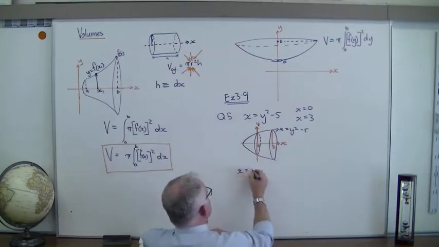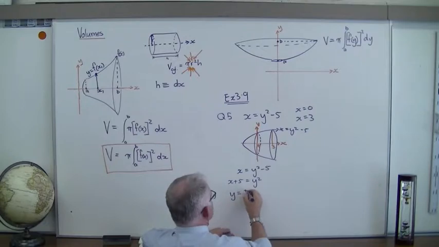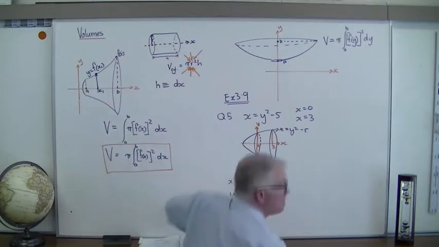So if x equals y squared minus 5, then x plus 5 is equal to y squared, which means y is equal to, well, technically it's plus or minus the square root of x plus 5, but we're really only interested in the upper part because